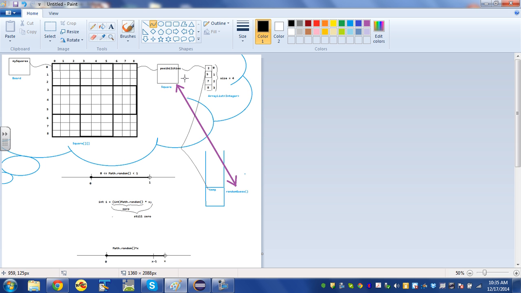So then when I say possibilities equals a new ArrayList of Integer, what that does is it creates a new object on the heap, which is an ArrayList of integers that doesn't have anything in it yet. And when I assign that to possibilities, it breaks the connection between the ArrayList that possibilities was already pointing at, and it makes a connection to the new and empty list. And then when I say possibilities.add(temp), it puts that 5 inside of